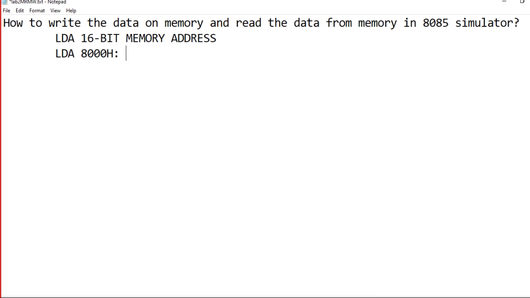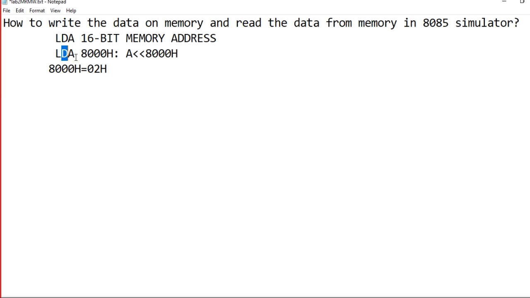The meaning of this instruction is that 8000H is the memory location, so the data of the 8000H location will be stored in the accumulator. Right now A will be loaded with the 8000H data. For example, assume your 8000H location contains the data 02H.